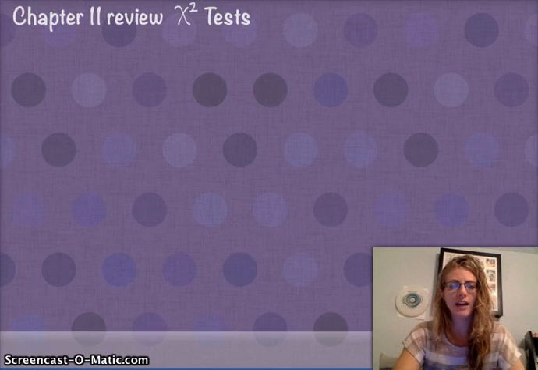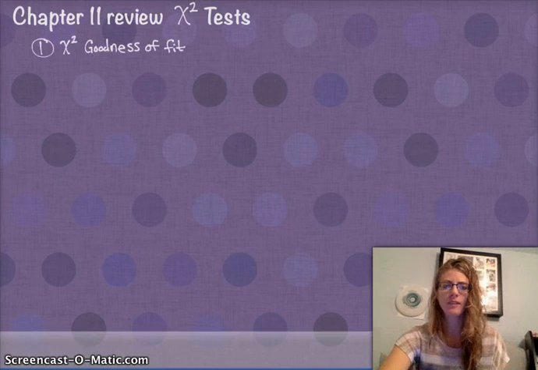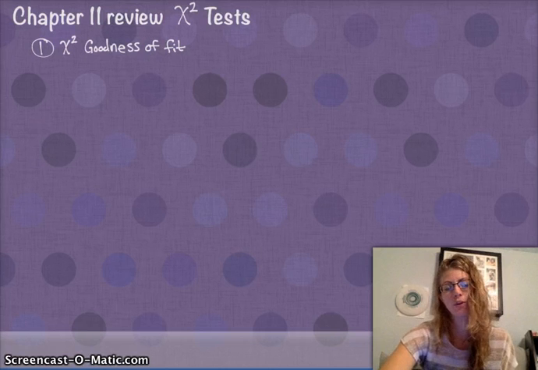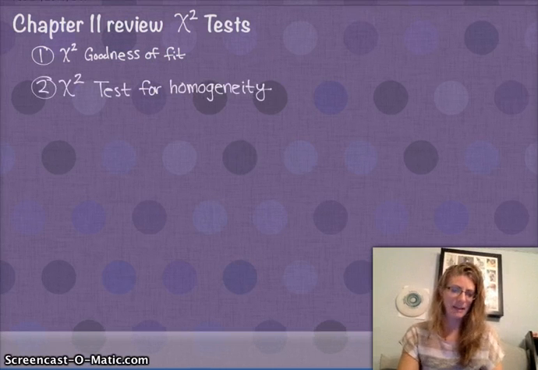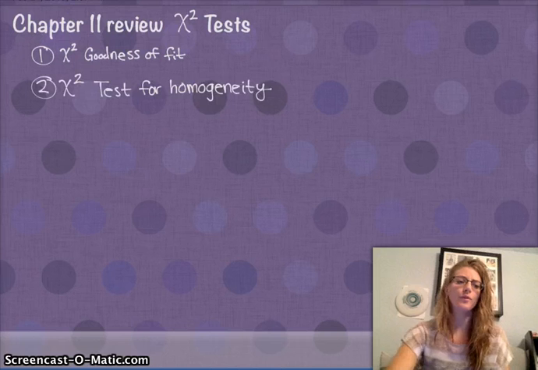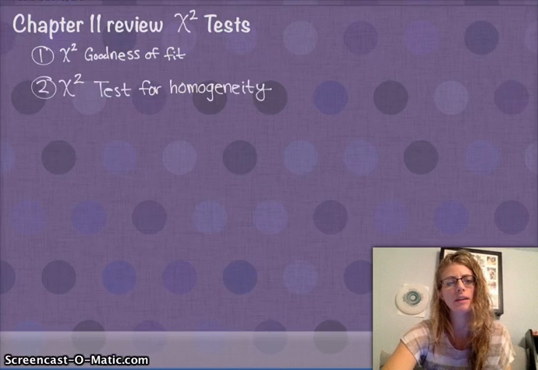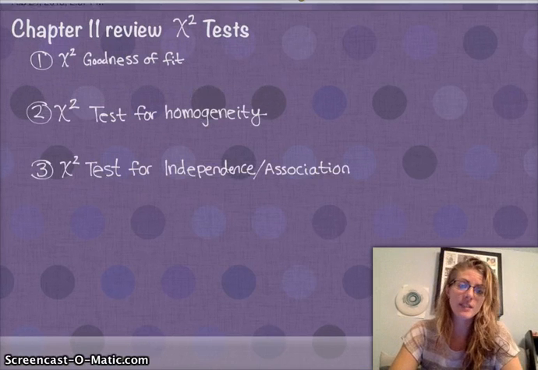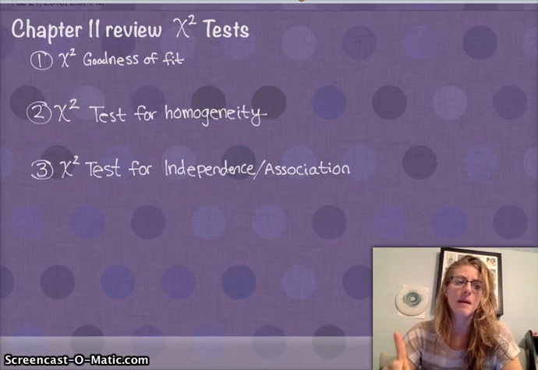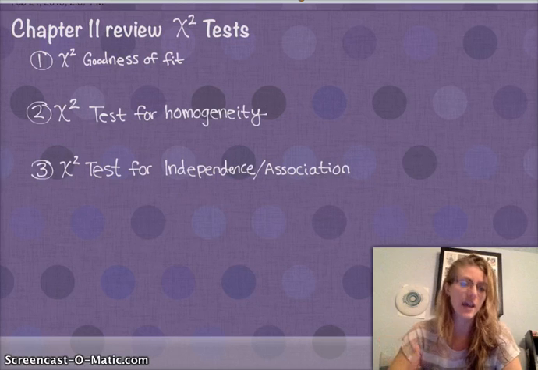The first one is the chi-squared goodness of fit. Second was the chi-squared test for homogeneity. And last but not least was the chi-squared test for association or independence. All right, so the difference is the chi-squared goodness of fit is for a single population and a single categorical